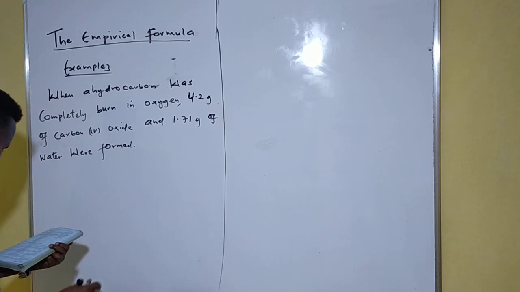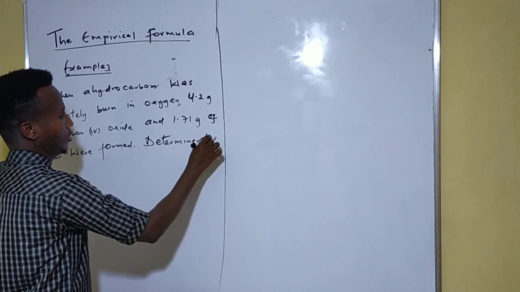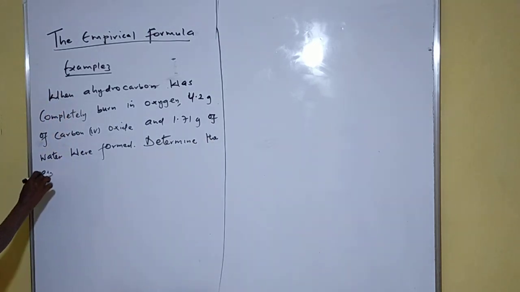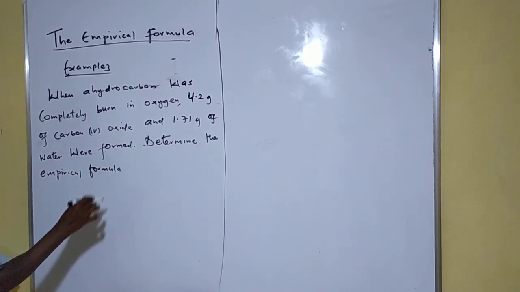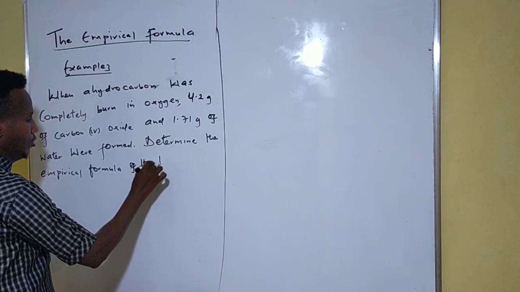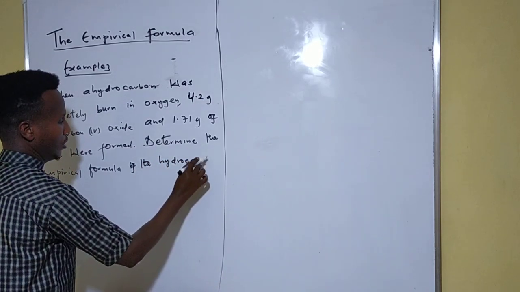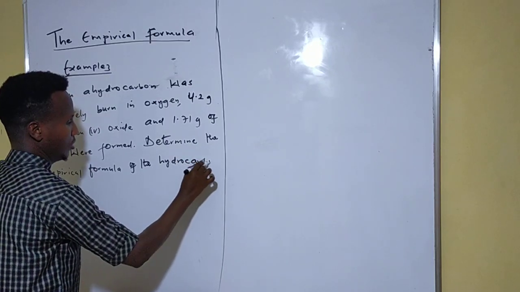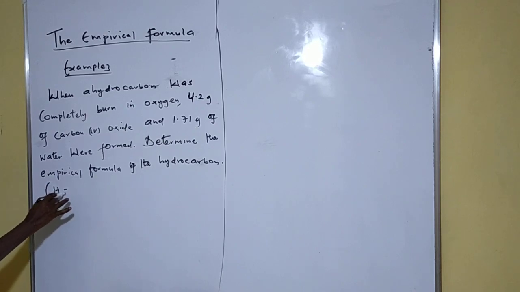First of all, determine the empirical formula of the hydrocarbon. Then you're told in the bracket H is equal to 1, carbon is equal to 12,